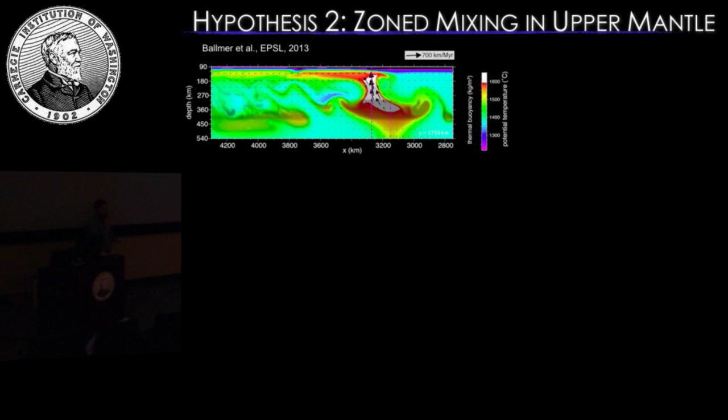And this is work that Maxim Ballmer has been working on, where he's put thermochemical anomalies, in this case a large component of a mafic material mixed in with the plume, and looked at the dynamics of it. If you have this mafic component, it's actually going to be more eclogitic in its composition, a little bit denser. It's still hot, so it's able to ascend through the mantle, but if you cool it, it's actually a little bit denser. And as you move across the 410, you actually get a little bit of a crossover where the eclogitic component, shown shaded in brown on top of the thermal profile, stalls out and creates this pool